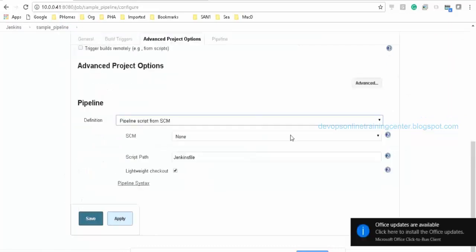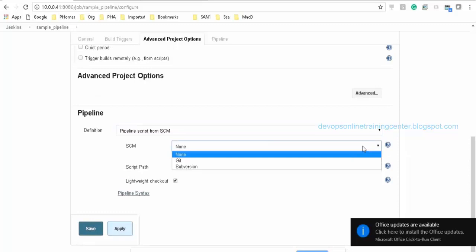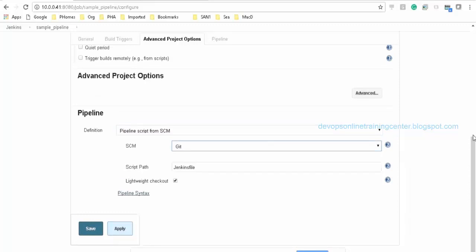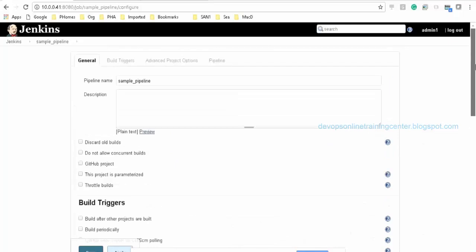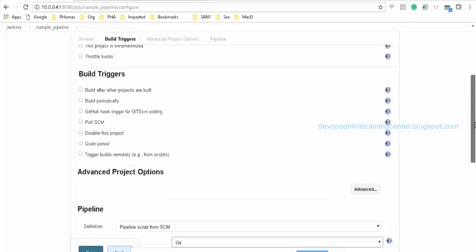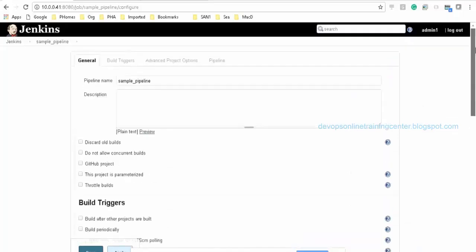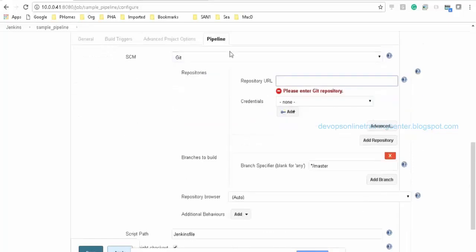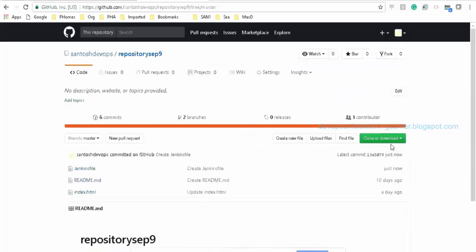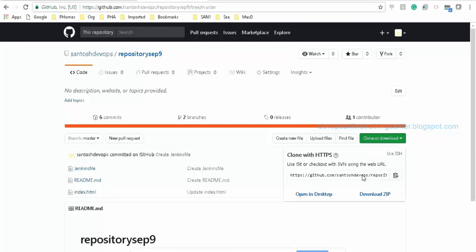pipeline script from SCM. Okay, SCM is Git, and here I need to give the repository information. So I'll give this clone or download link.